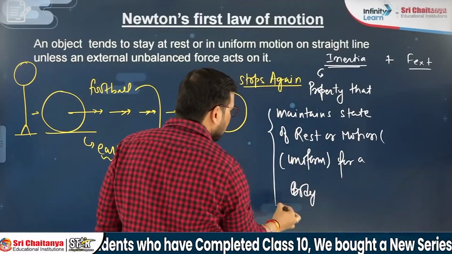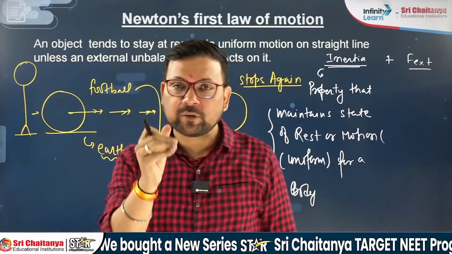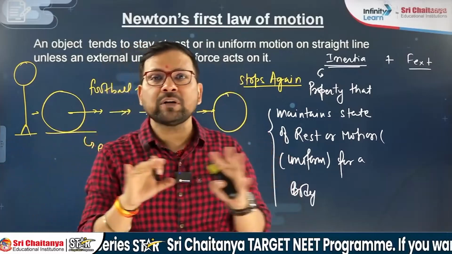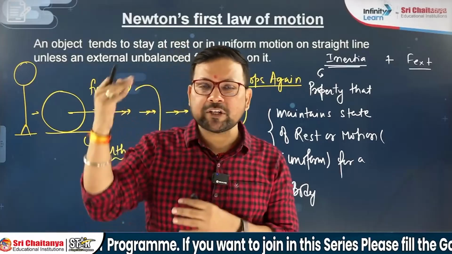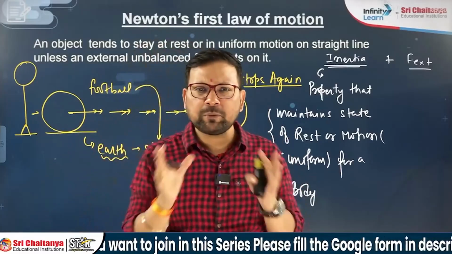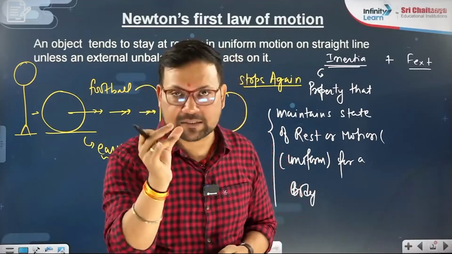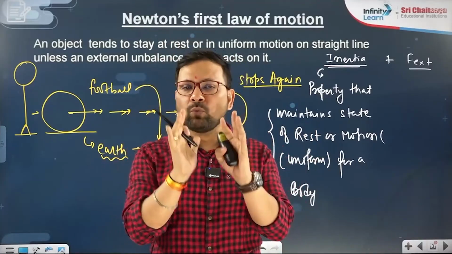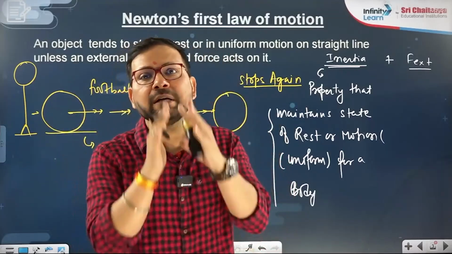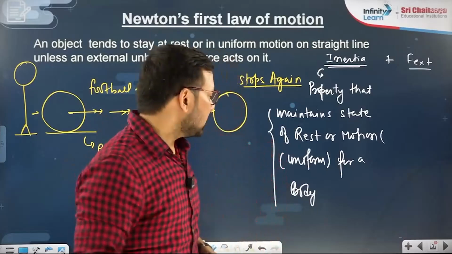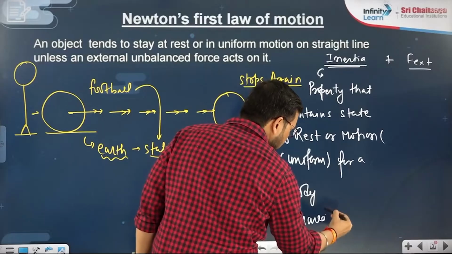In general, if we talk about particle dynamics, translatory motion, the amount of inertia is measured by the mass you have, not shape, not size. Rotation will have a different measurement, but for a normal particle system, translatory motion, inertia is measured by mass. So if another body has the same amount of mass, your shape and size do not affect the inertia. The same mass will have the same inertia. It is a property.